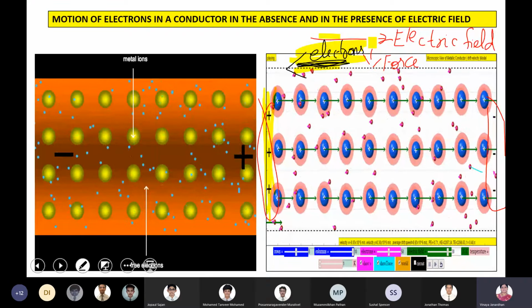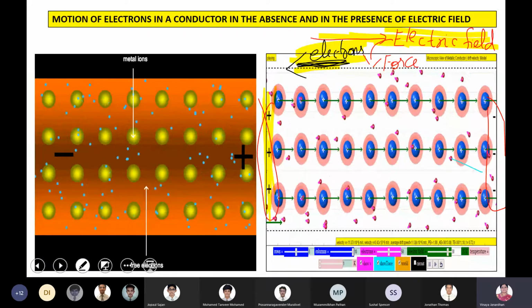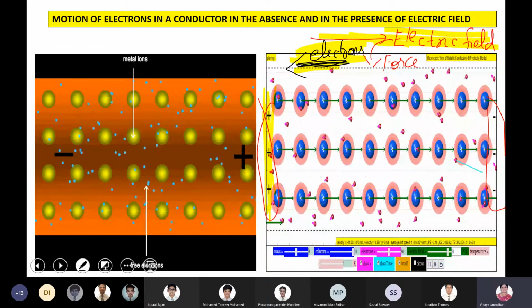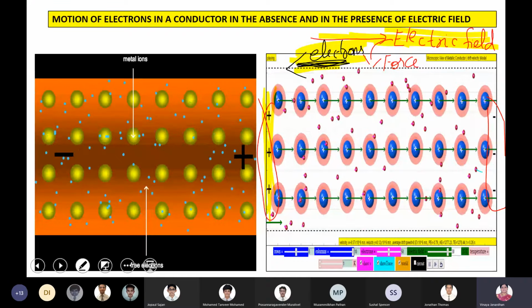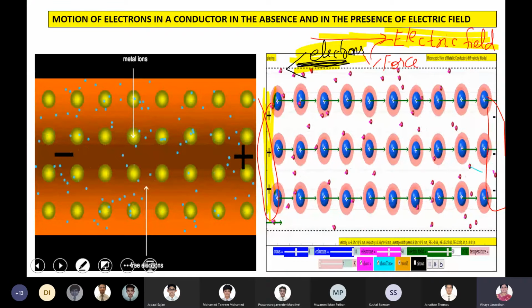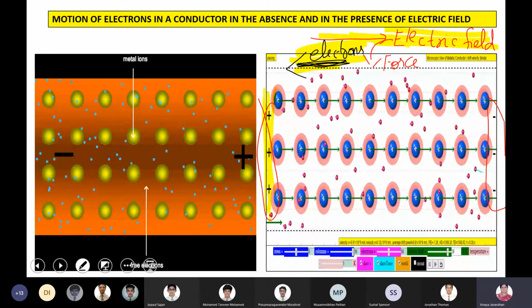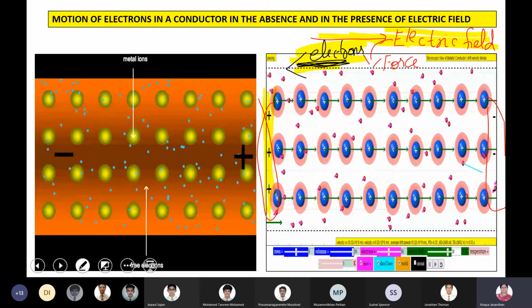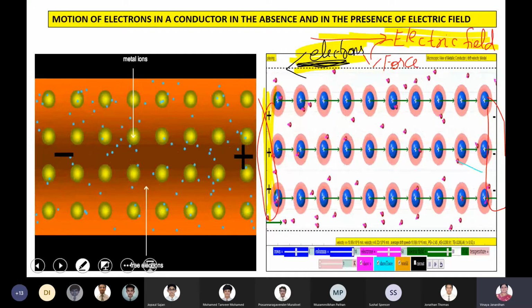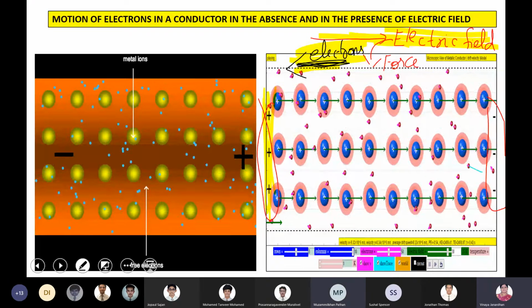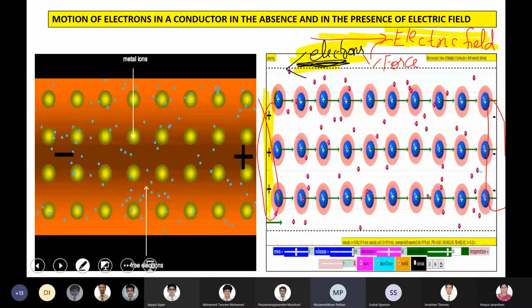So can you check the direction of the motion of the electric field and the direction of the motion of the electrons? The electrons are moving in a direction opposite to that of your electric field. Is that clear, boys? Now, the question is, the electric field is applying a force. Will not your electrons be accelerated? I'm asking you. The electric field is applying a force on these electrons. Will not your electrons be accelerated? Electric field over here is towards the right and electrons are going towards the left.